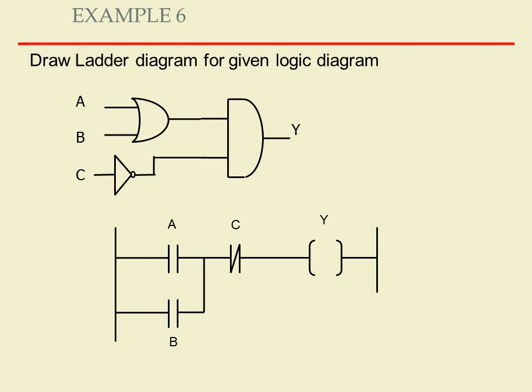Okay, now A, B, that is OR gate. So A, B are connected in parallel in ladder diagram to form the OR logic. Then as we have to feed the first input to the AND gate as the output of this OR logic, so it is here, and then C bar. Okay, so that is the second input, and so it forms the AND logic, and its output device is Y.